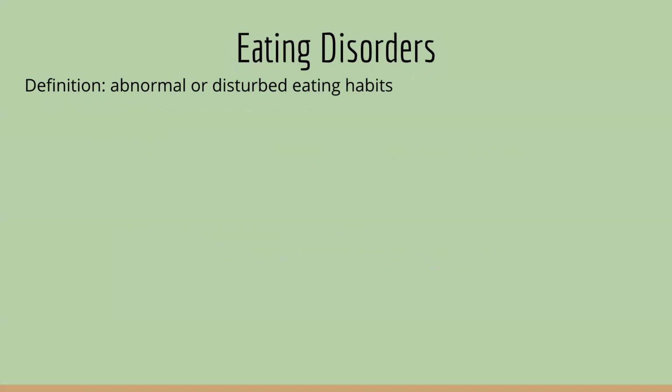Now, I want to talk really briefly about eating disorders. We'll talk about reasons in a second. Let me just back up and give you the definition of an eating disorder. The definition of an eating disorder is any kind of abnormal eating habits. So it's very difficult for us to make judgments about what somebody else's normal eating habits are, because we really just don't know. And so it's important to concentrate on ourselves.